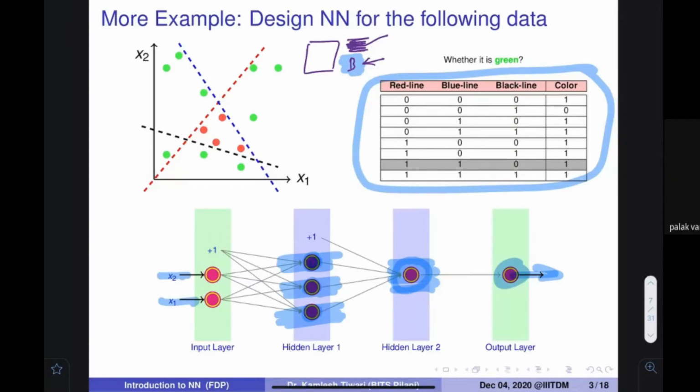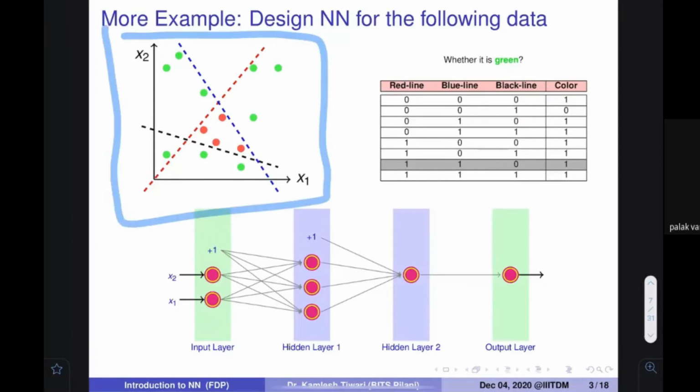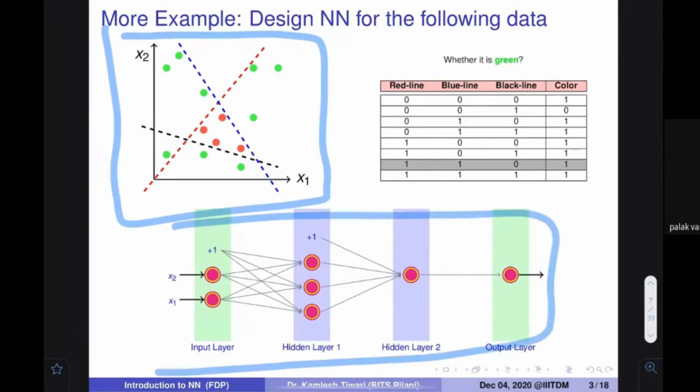So anything else you want to ask over here? Any problems? Let me summarize what I told you. If the data is of this kind, then this kind of network architecture would be fine for you. It would be able to find the right parameters so that 100% correct output could be provided for the items which are there. Make sense?